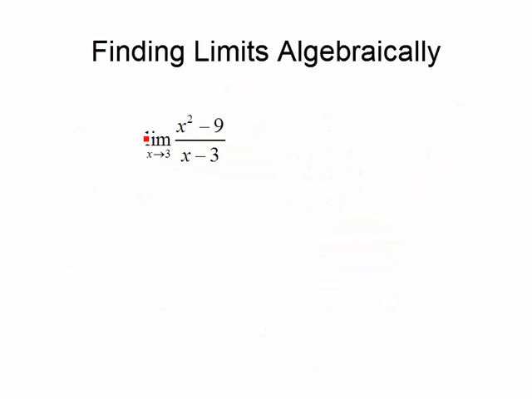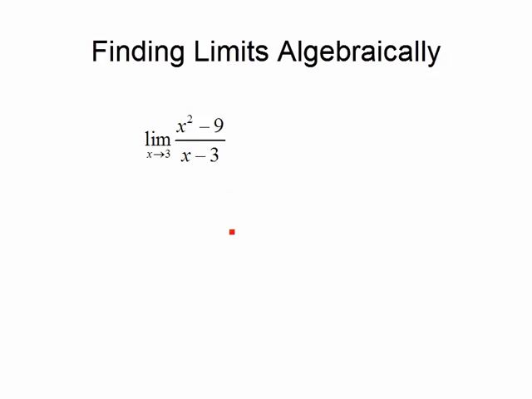Here I have the limit as x approaches 3 of the quantity x squared minus 9 divided by x minus 3. This is not a limit going to infinity, so we're not going to divide by x to the first power. What happens if I just try and plug the number in? Well, if I put 3 in here, I get 3 squared minus 9 over 3 minus 3, which is 0 over